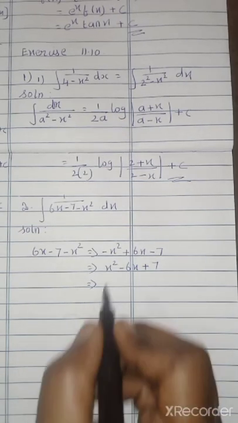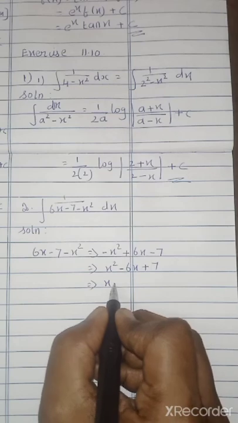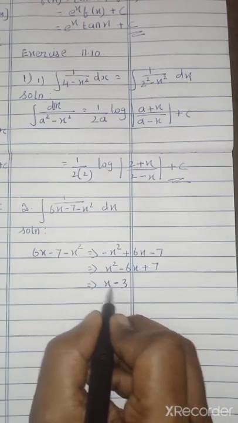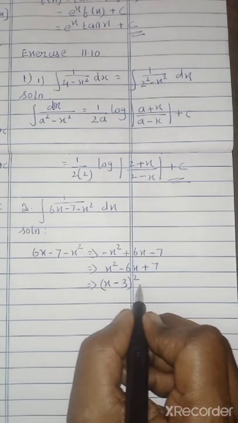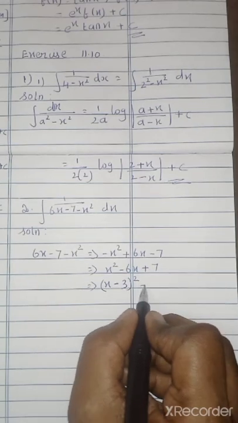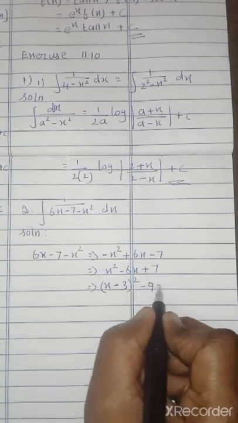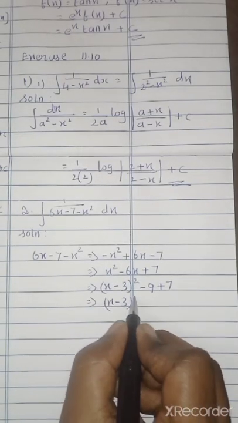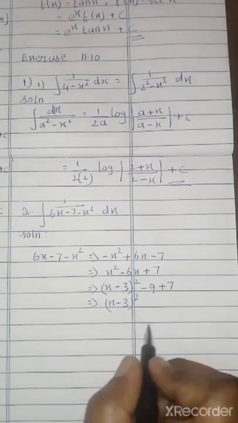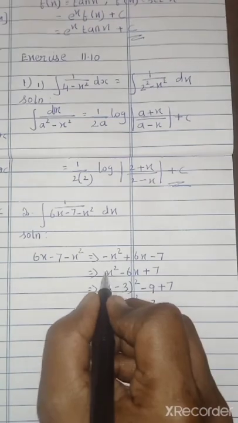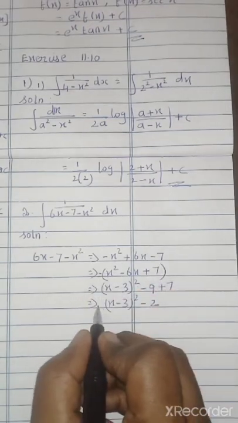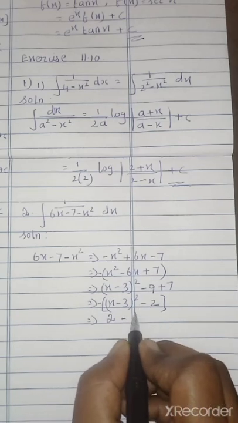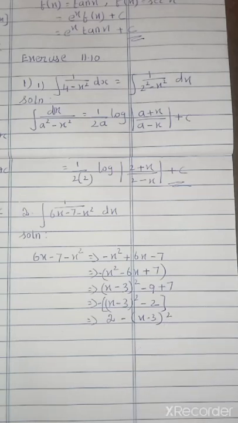What is your completing the square format? Take the variable, take the sign, coefficient of x should be divided by 2. So 6 by 2 is 3. x minus 3 the whole square. Whatever number you are taking, that you have to subtract. So minus 3 3s are 9 plus this 7. So we can write this one, x minus 3 the whole square minus 2. Here we are taking that minus outside, no? So that minus will become here. This will become minus into minus plus. So 2 minus x minus 3 the whole square.